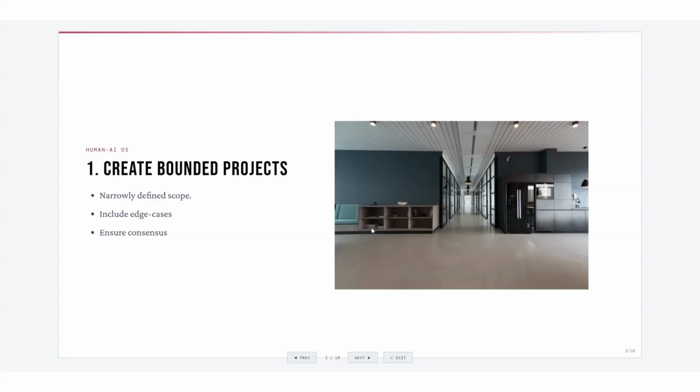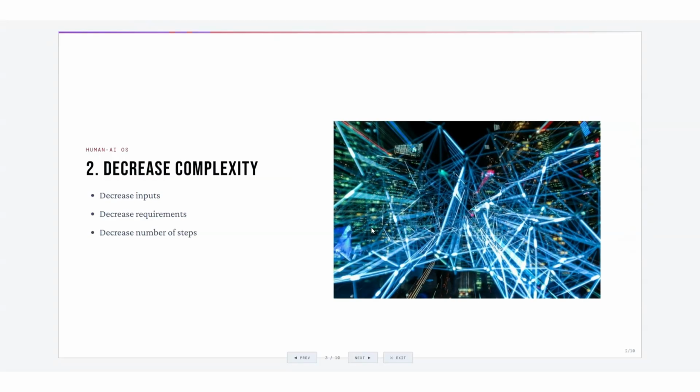If you are selling physical goods, what are all of the global geopolitical factors that could impact that? And then also, you want to make sure that there's a consensus within your organization, within your support group, concerning the bounds of the project, so that you don't go beyond it, that more resources aren't consumed than are necessary. So that touches on bounded projects.